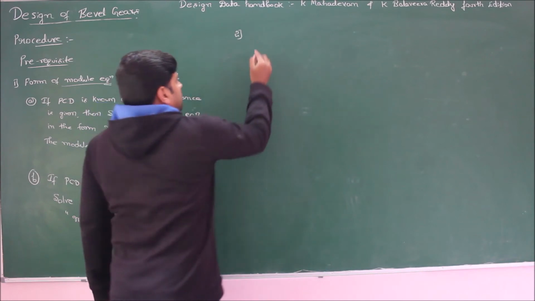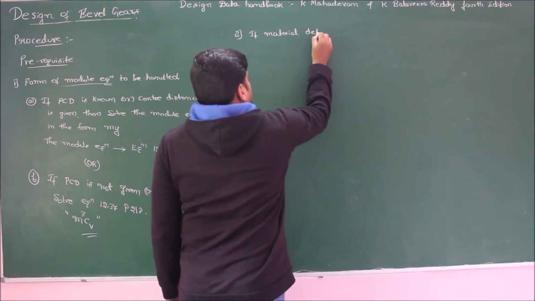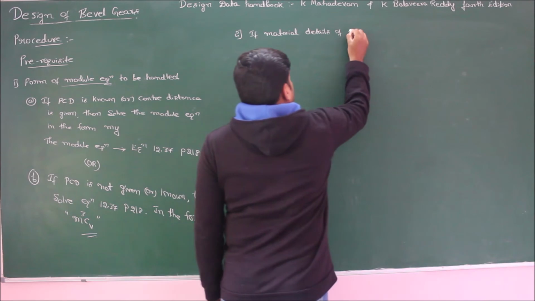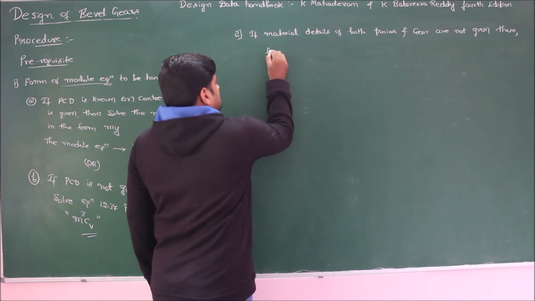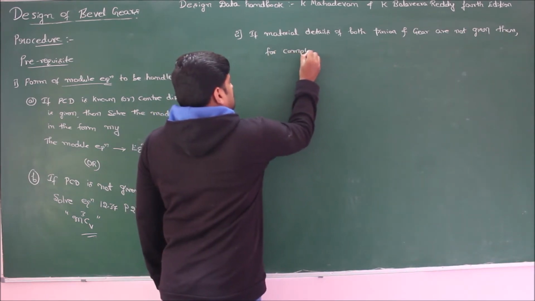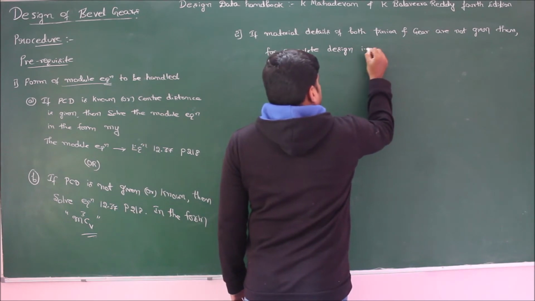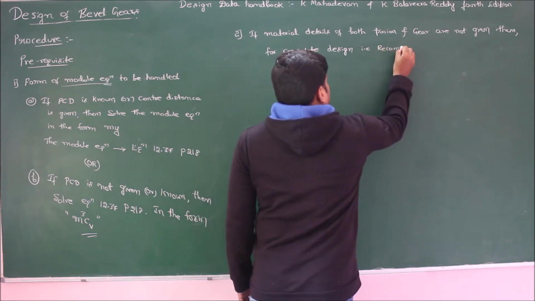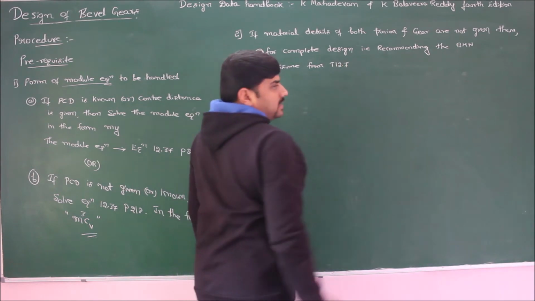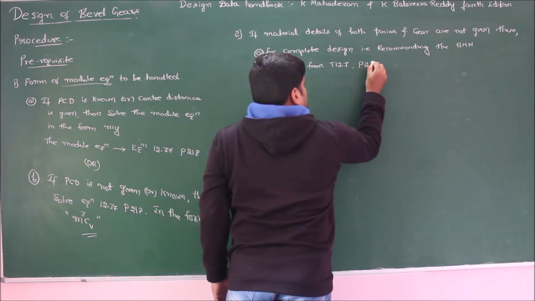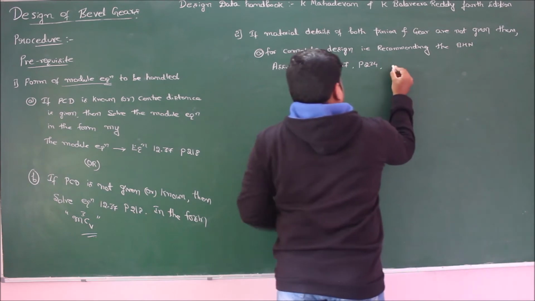Coming to the second prerequisite, if material details of both pinion and gear are not given, then for complete design, that is recommending the BHN, assume from table 12.7 page number 234 the material for pinion as